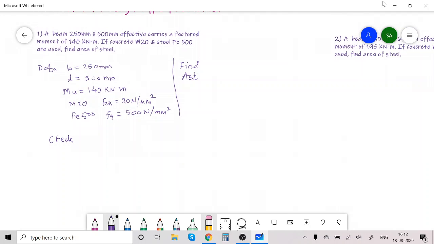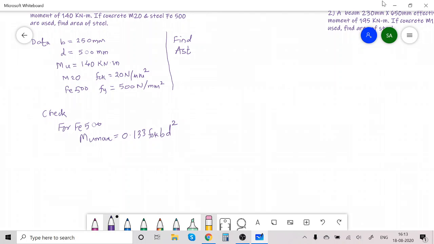Now for Fe 500, the value of Mu max is 0.133 FCK BD square. This is the design constant for moment that we derived in our second lecture for Fe 500. So, substituting the values, 0.133 into FCK 20, B is 250, and D 500 mm square. After calculating, we get the Mu max value 166.25